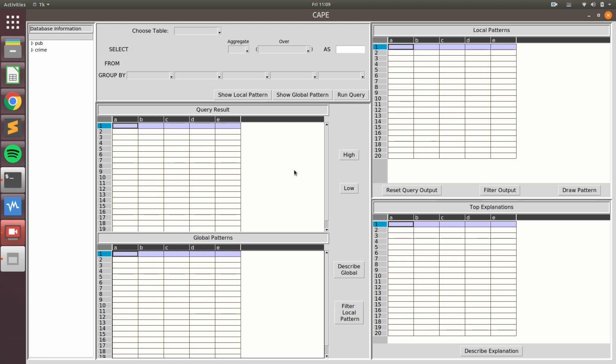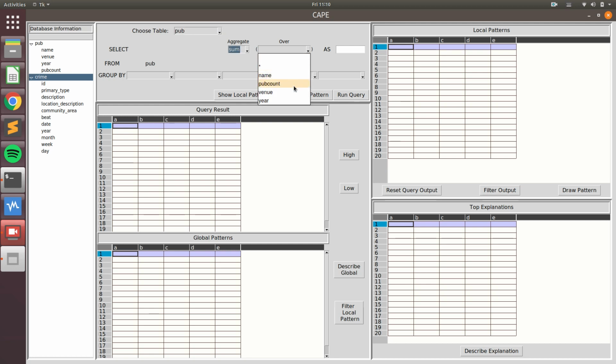Our system takes a database as input and mines patterns offline. And here we can see all the tables, and when we click on them, we can see all the attributes under that table. And now users can run aggregate queries. Our interface only allows users to run aggregate queries, and we hide the aggregate functions that don't belong to any